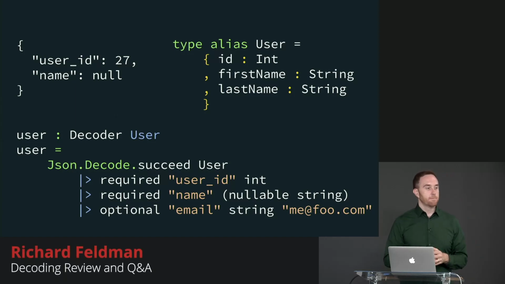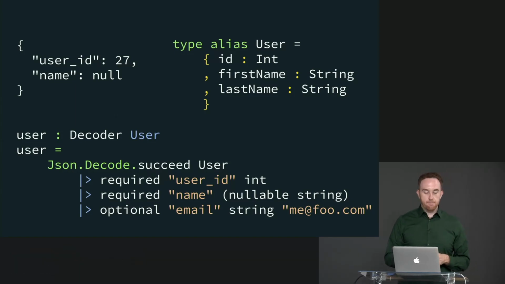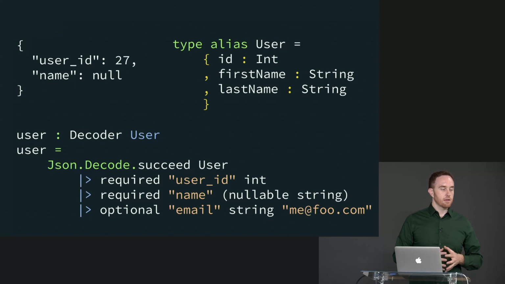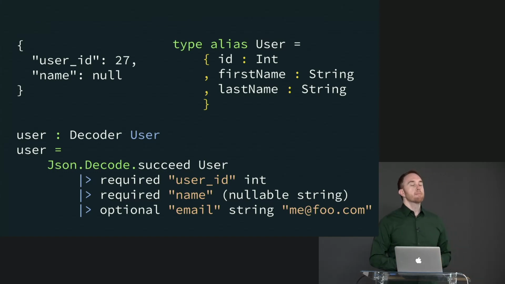A general question as far as succeed and user. Because user is a record, if I say user in Elm REPL, is that a function? Yes. That'll be a function from int to string to user. So the ordering of how you defined each item in the record is important, and that's what's used for